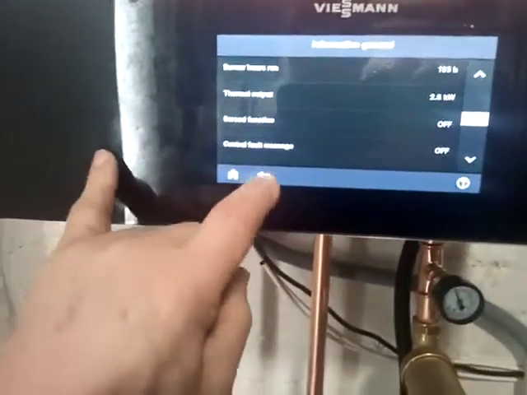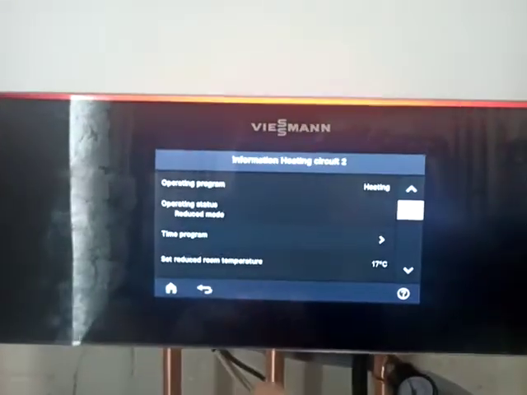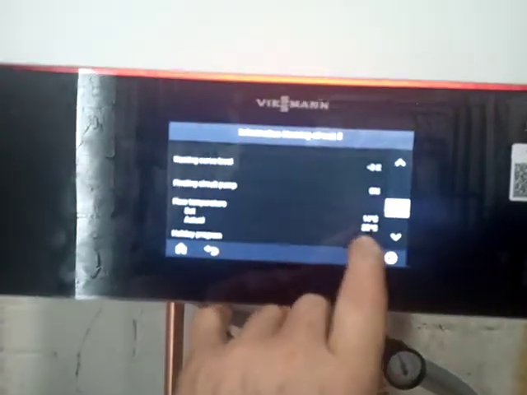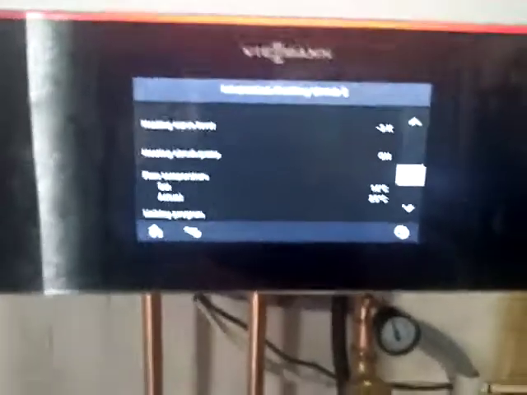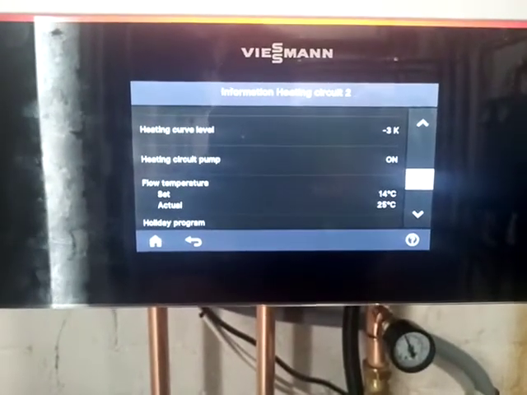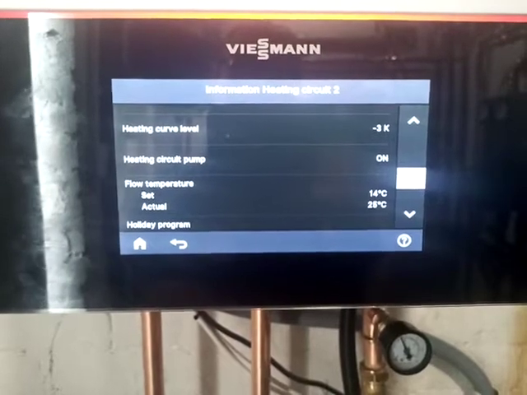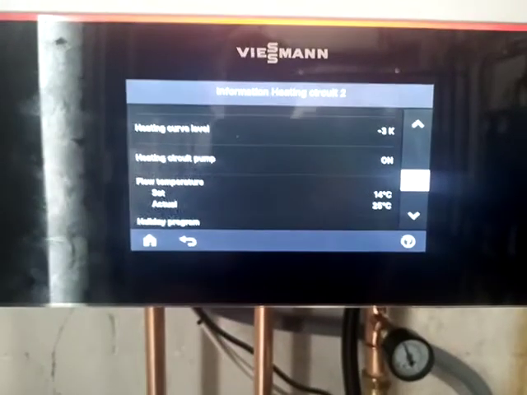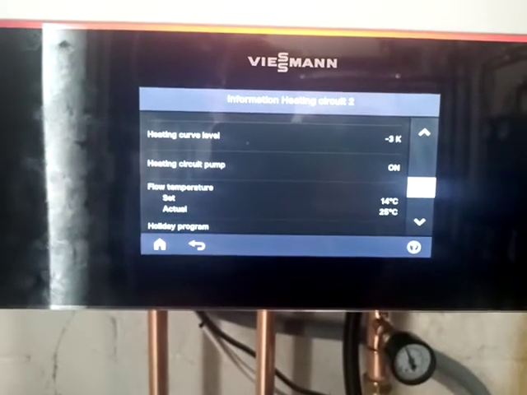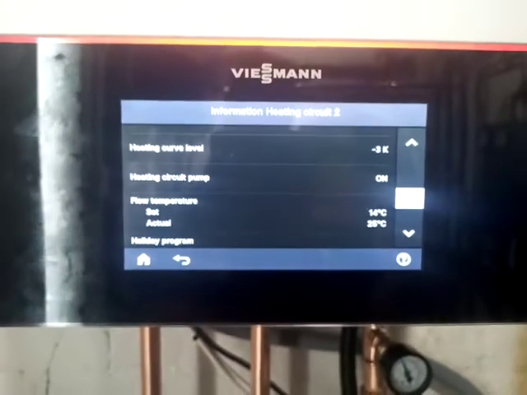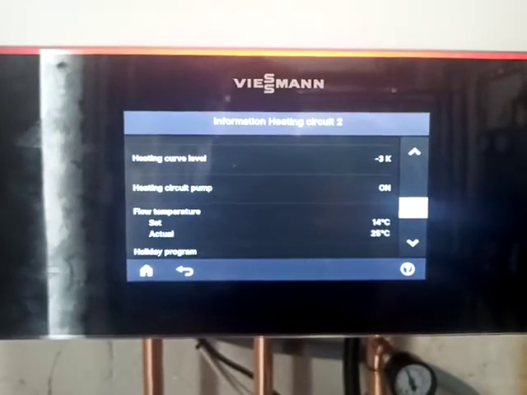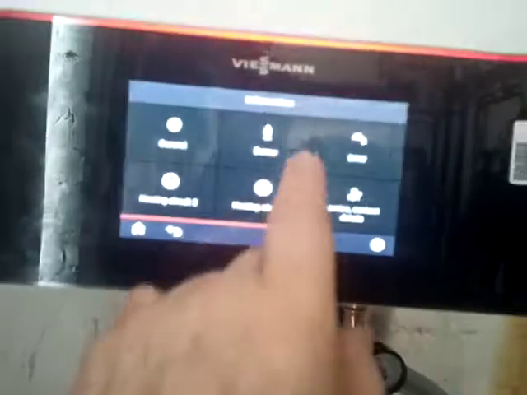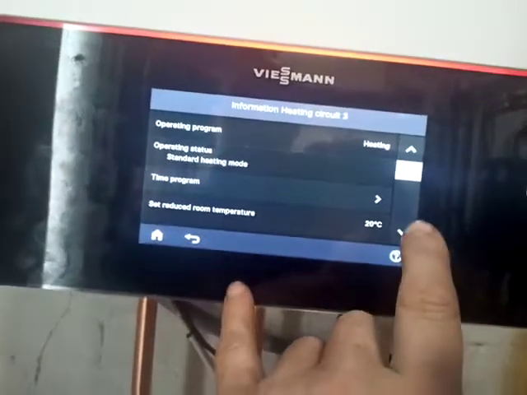Right, okay, let's have a look at our heating circuit 2. If we go into here, we can see that we have a set temperature of 14, so it's actually wanting a flow temperature of 14, and because of the playing around I've been doing with the system, we're at 25, so that valve's going to be fully closed. It's just actually bringing back water hotter on the return than it actually requires now with the new settings I've put in the boiler on the flow. So it's literally going to be doing nothing but circulating water until that cools down, and that's going to be quite interesting. And if we go to heating circuit 3, this is the underfloor heating circuit.